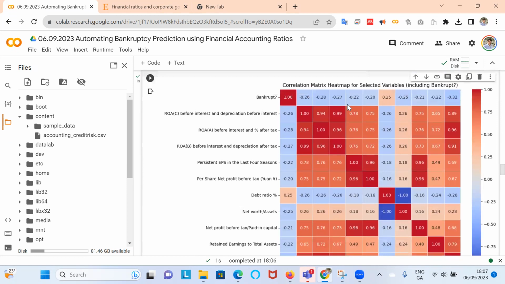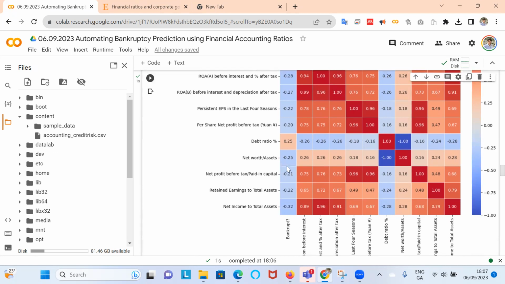but maybe not hugely informative, and maybe we've lost a lot here as well, in the sense that we've mainly picked out profitability, and then we have the debt ratio and net worth divided by assets, and that seems to have a perfect -1, which seems to suggest that this is the inverse of the other, right?